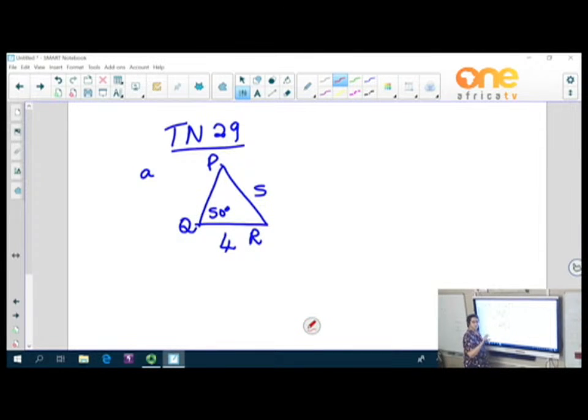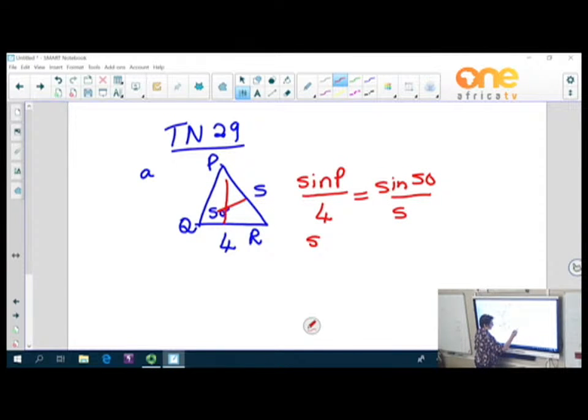Remember, opposite sides and opposite angles. So those two are opposite, and these two are opposite. So I have P. So sine P over, which one is opposite that one? 4, is equal to sine 50 degrees over 5. So sine P is equal to 4 times sine 50